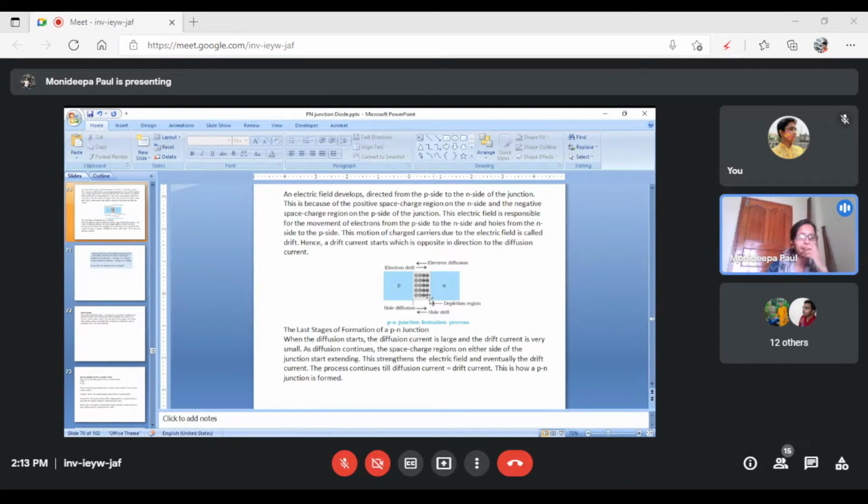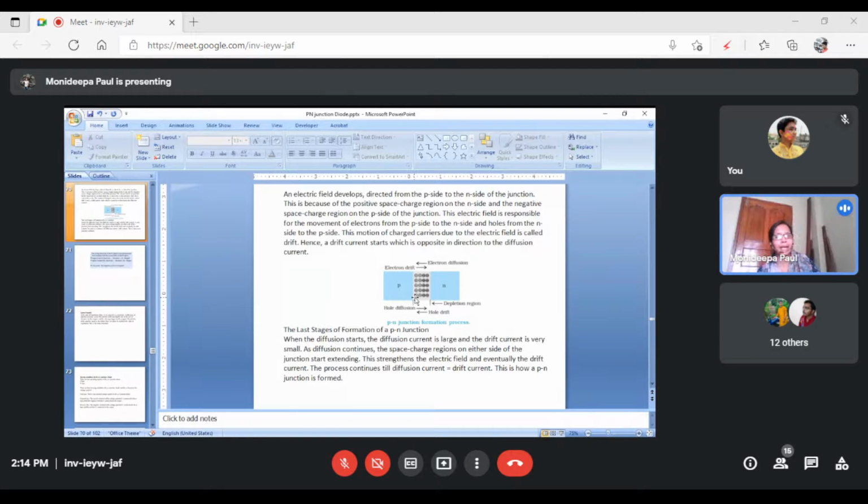Okay, a similar thing happens. At the same time, electrons also attract the holes from the p side and accept the holes. That means holes are released from the p side atom. When a hole is released from the p side atom, that means this atom should be negatively charged, and these are accumulated near the junction point. So at the junction point in the p-type region, negative charge ions are concentrated, and in the n-type region, positive charge ions are concentrated.